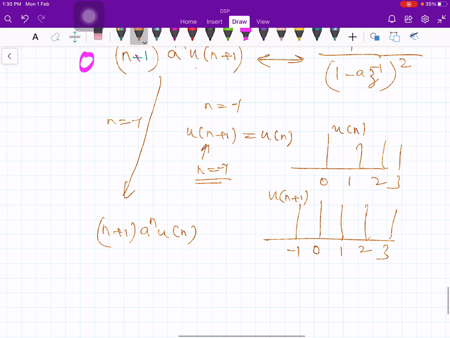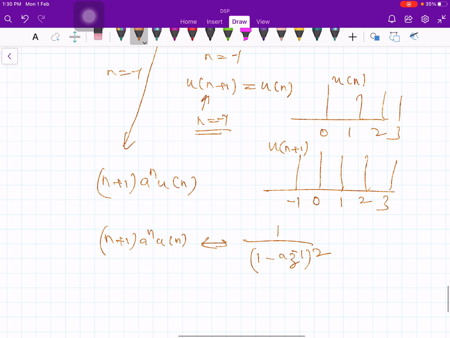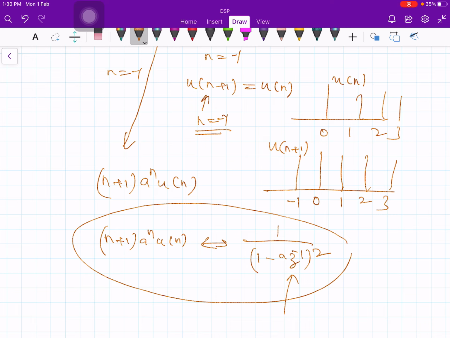Okay, therefore (n plus 1) times a to the n u of n has a z transform 1 divided by (1 minus a z to the minus 1) whole square. So that's how we got the inverse z transform of this, 1 divided by (1 minus a times z to the minus 1) whole square. So I have multiple poles. Whenever you have multiple poles, you should invoke the differentiation property in the z domain, or multiplication in the time domain. Therefore,